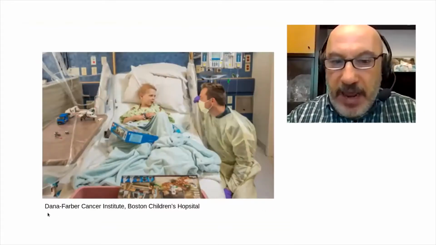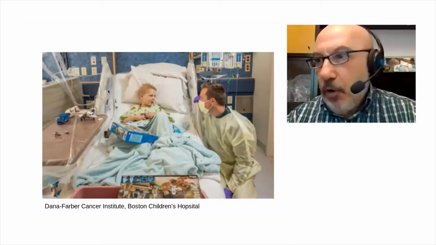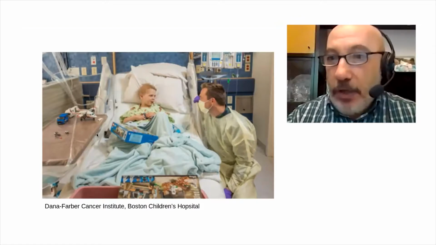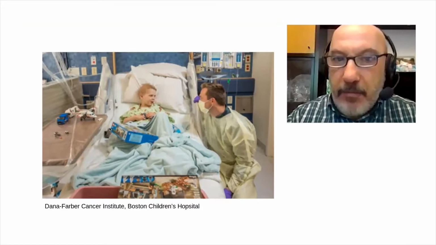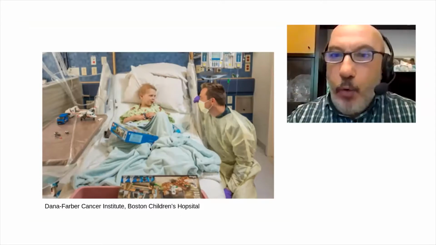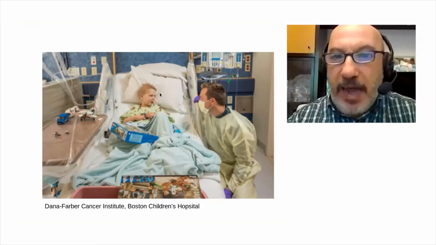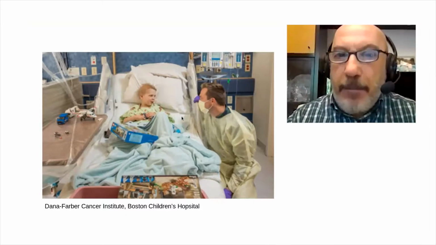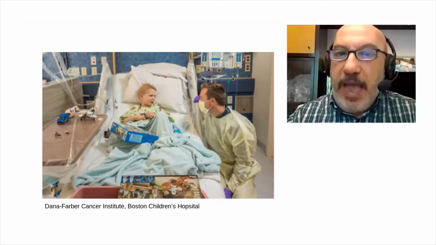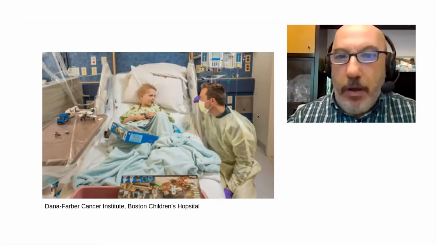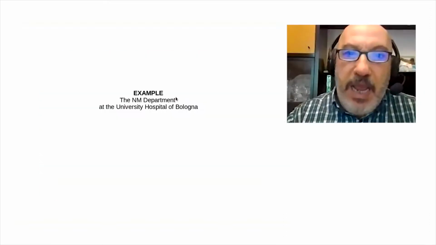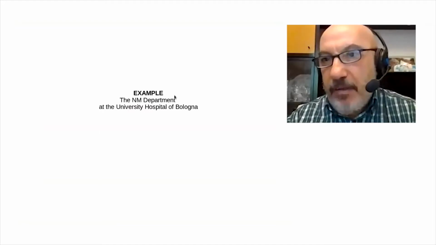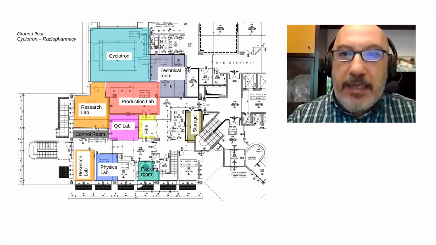And this is from the Dana-Farber in Boston. When they hospitalize a small patient, they have selected a variety of toys in easily decontaminable material that is given as a kit to every patient entering the department so that he has all the time to spend playing while receiving the therapy. And at the end, the material can be decontaminated and brought home with the boy himself.